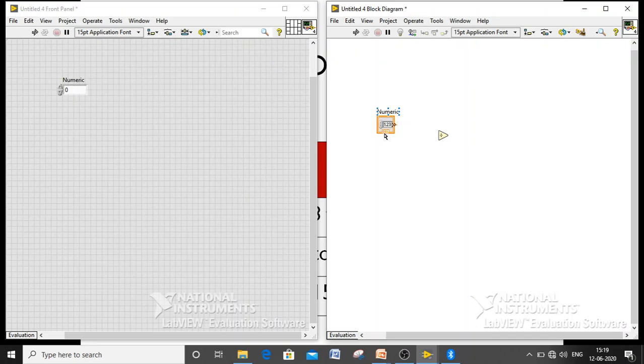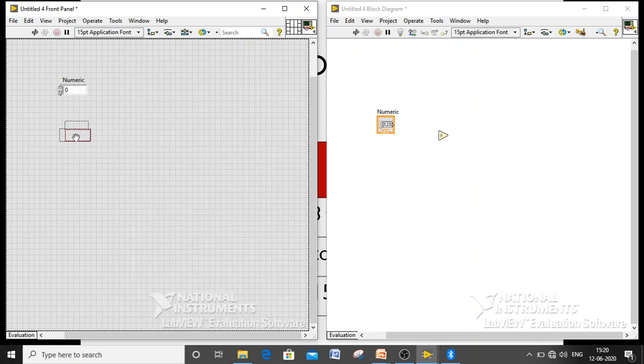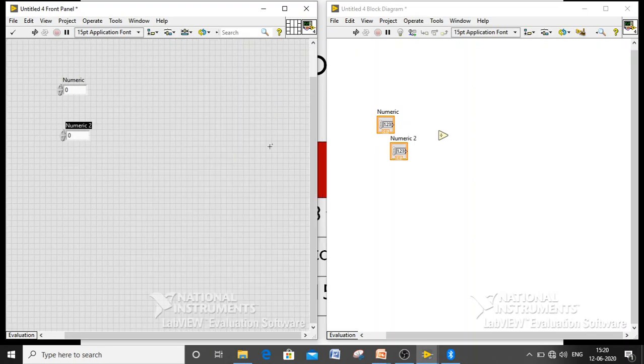You can see at the bottom that they are DBL, and I need one more control, because the divide operation is performed with two inputs. I can rename them, and the same name is updated in the block diagram. Let me tie the wire.